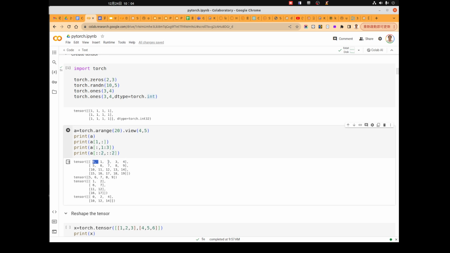So the first row gives 0, 2, 4, and the second one we get from row 2 with columns 0, 2, 4, which is 10, 12, 14. You can try this after the lecture on your computer by opening a Colab page and doing the same thing.